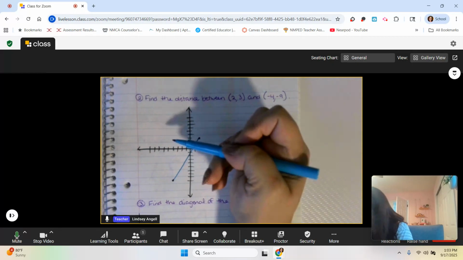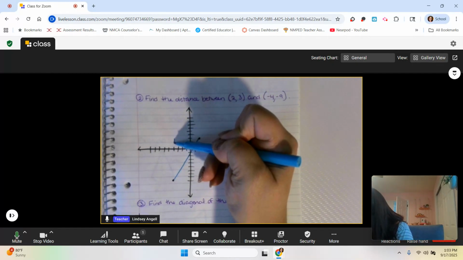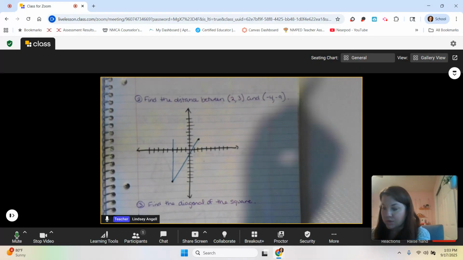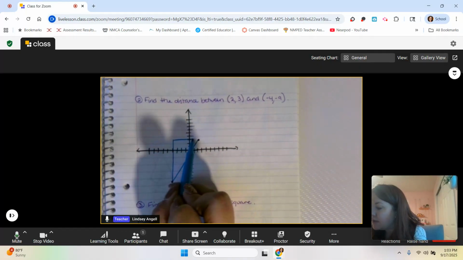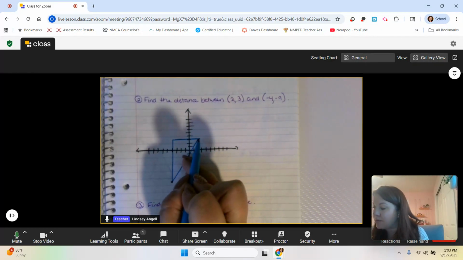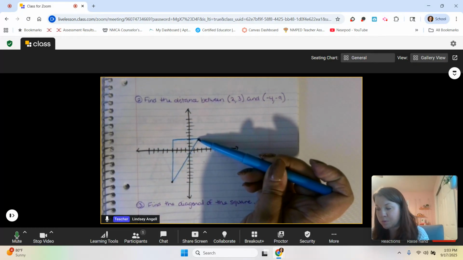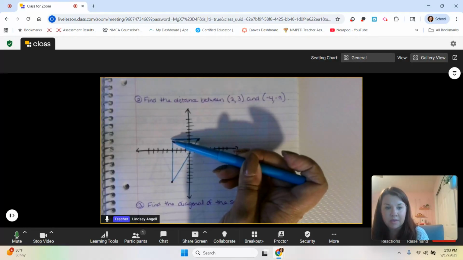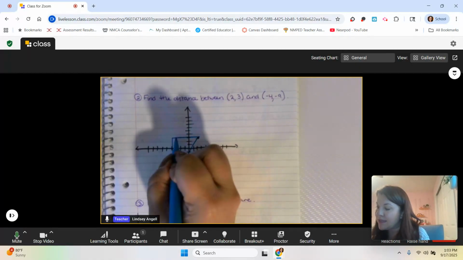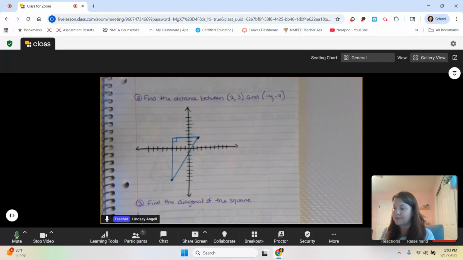But with that, what I can do is create a right triangle. Because then we can track, okay, from this point to right above the other point, how far is that distance? And then how far does it go down? And that's my right angle. That's what's going to give me my a squared plus b squared equals c squared,